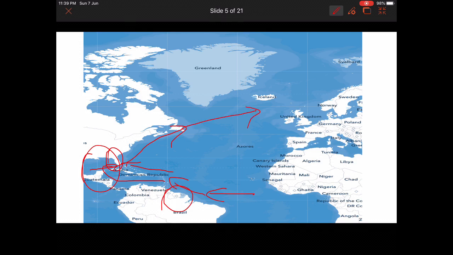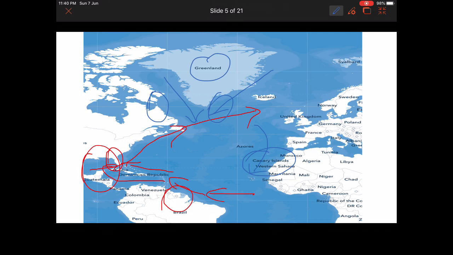And it moves further poleward as what? North Atlantic drift. And guys, you can see polar currents coming, and here it is Labrador current. Why? Because here we can see Labrador province of Canada, and here we can see East Greenland current or Irminger current. Why the name? Because it is the eastern part of Greenland, and we can see Irminger Sea there. And here we can see Canaries current coming. Why the name Canary? It is the Canary Islands, you can see there.